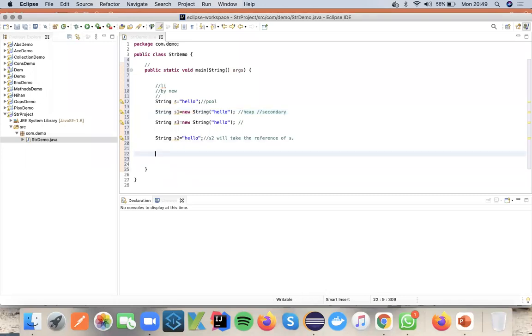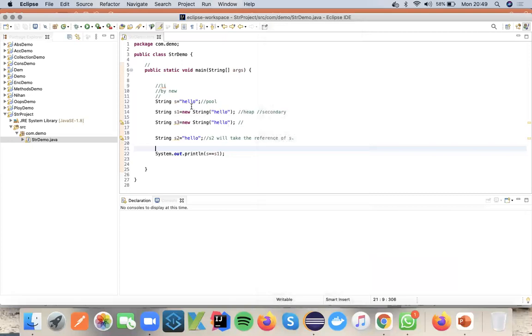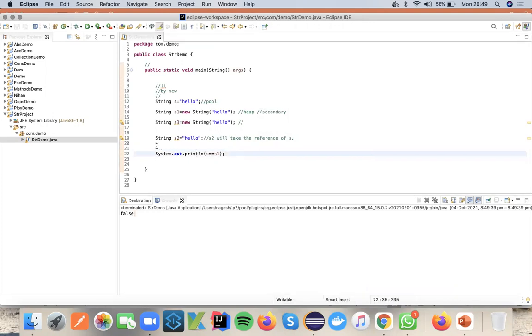So a simple logic, when I try to show you, if s equals s2, or else we will do System.out.println, sysout s equals s1. Then you can see what will happen. It will return false. If you see, the values of s and s1 are the same, but it is giving a false output. Let me explain what the equals operator is first.